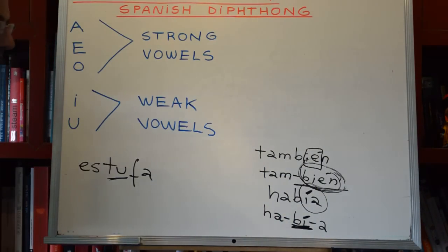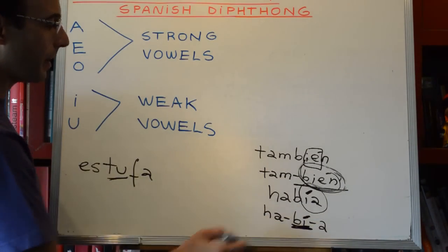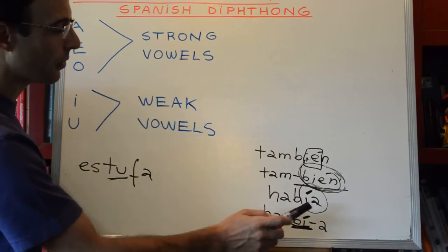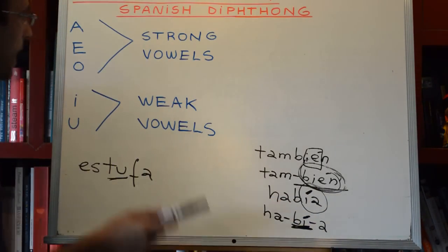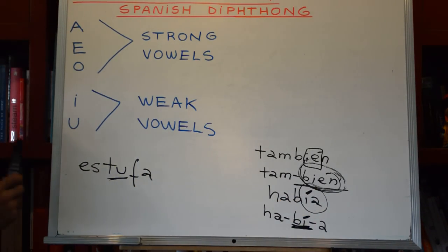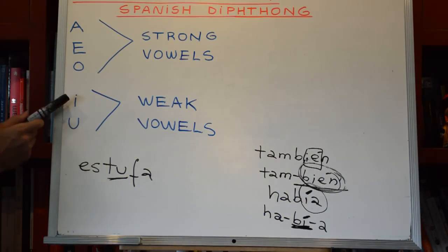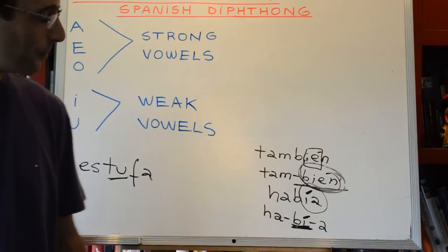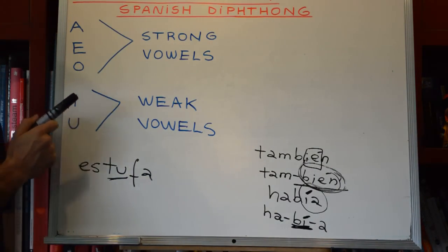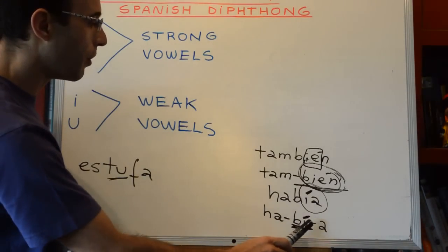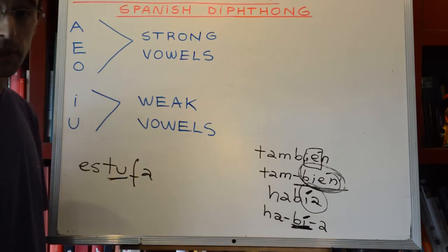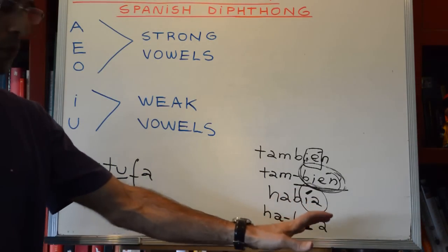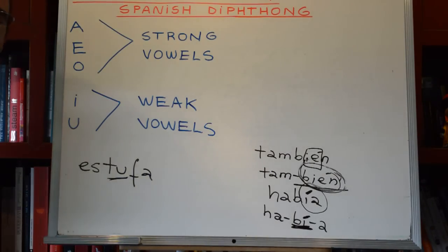Había. Look at this. Había. Here we have 2 vowels together, I and A. A is a strong vowel and I is a weak vowel. Per the rule I just explained, I should not be separated from A, because it is a weak vowel. It needs to be with A. However,